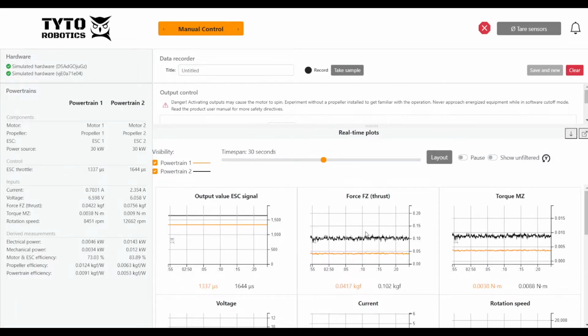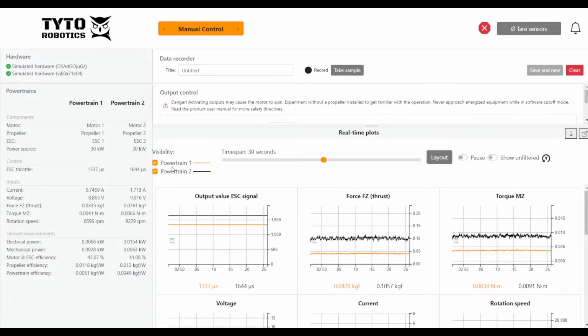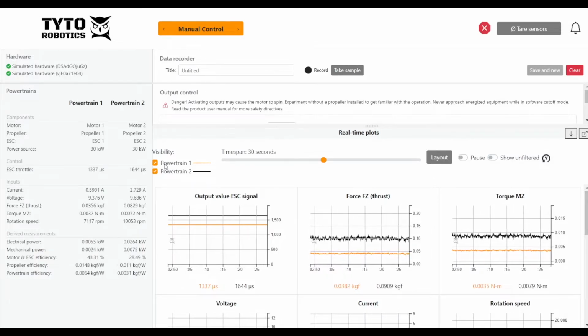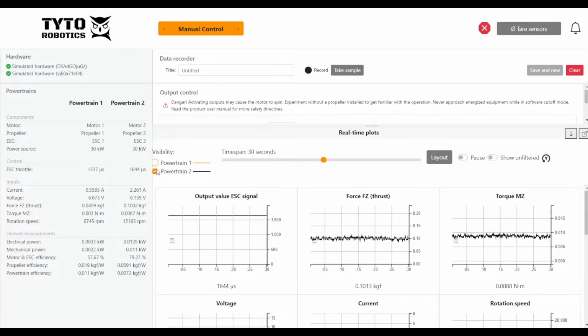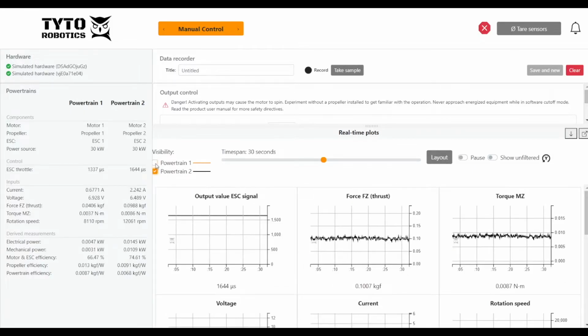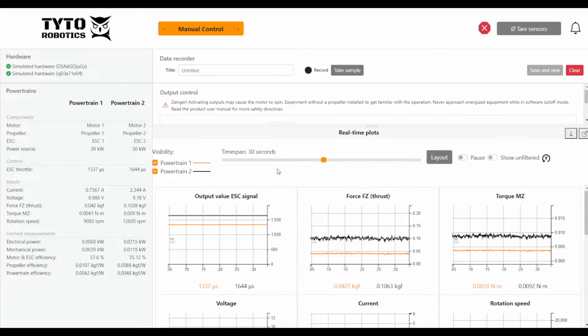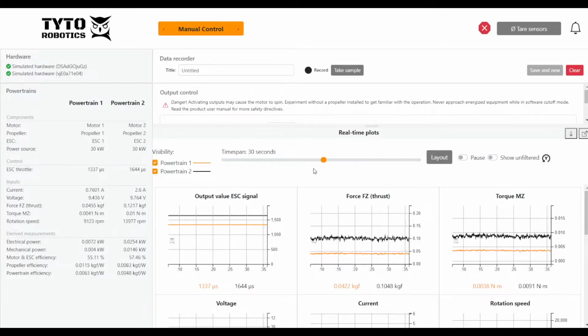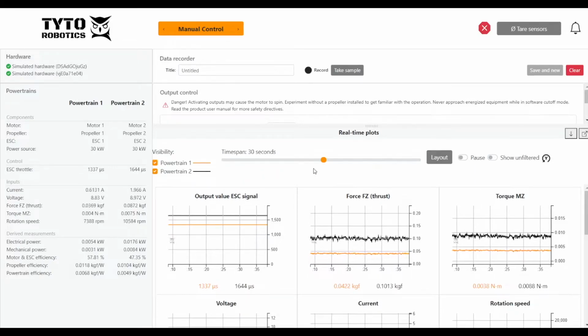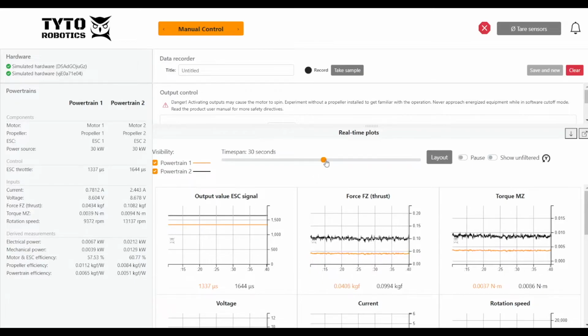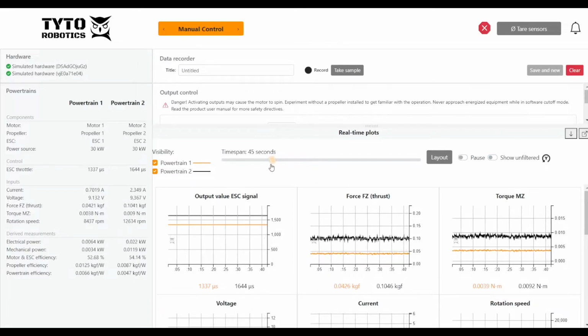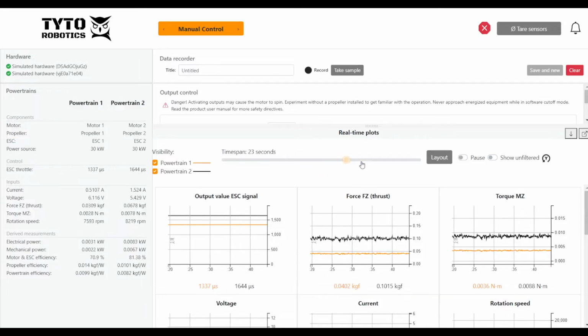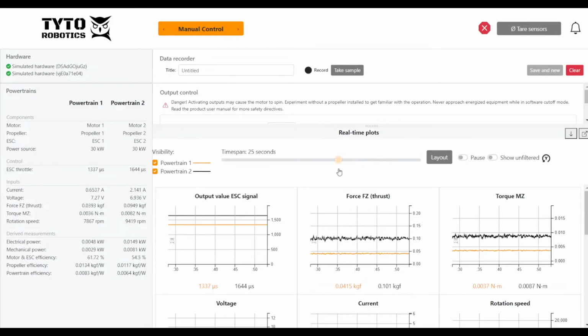So in terms of the customizations, the first thing here is which powertrains you want to see. So you can have both or just one or none visible. It's up to you. This slider here controls how much time is seen on your x-axis, so the default is 30 seconds, but you can see more time if you like, or less time, or just leave it at the